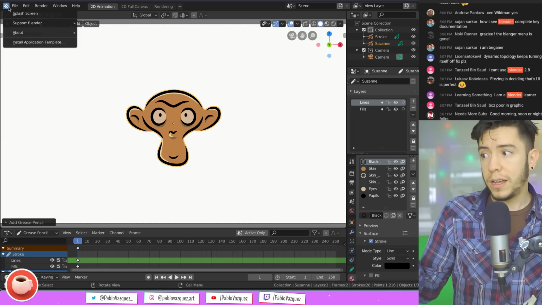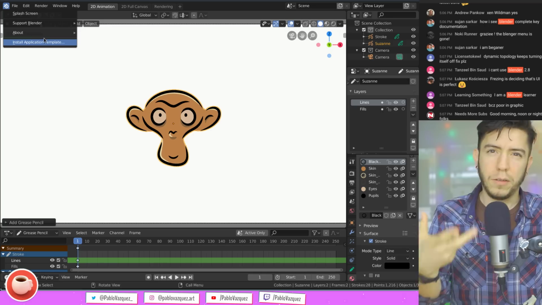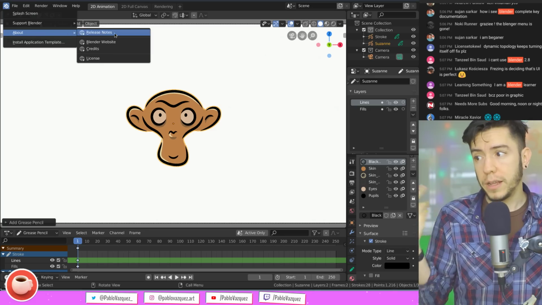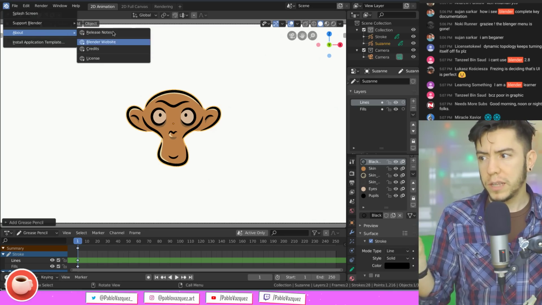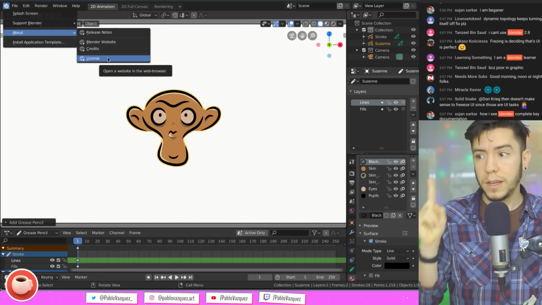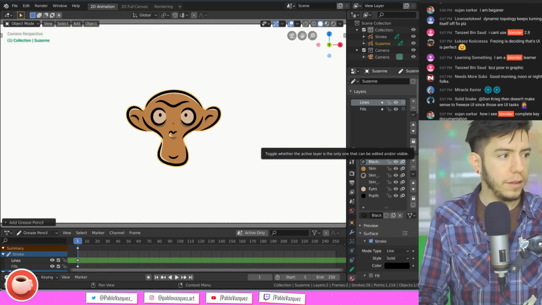Then the other settings that you're going to find is an install application template, because it's really a Blender-wide thing. Also, in the About, you're going to find the release notes, Blender website, and credits. They used to be here on the Help menu, and you're also going to find the license, which